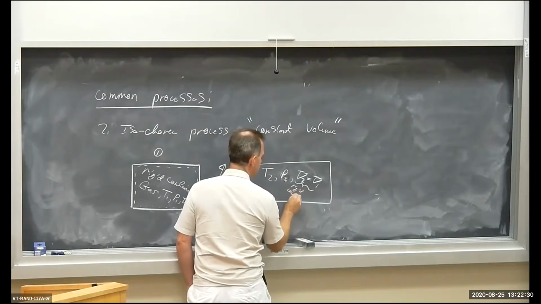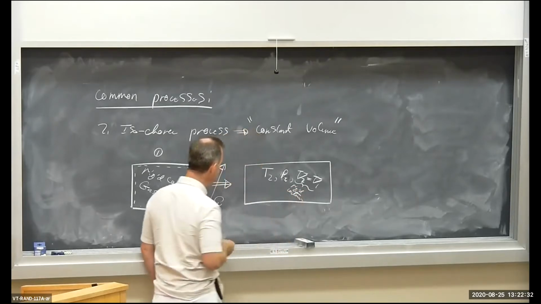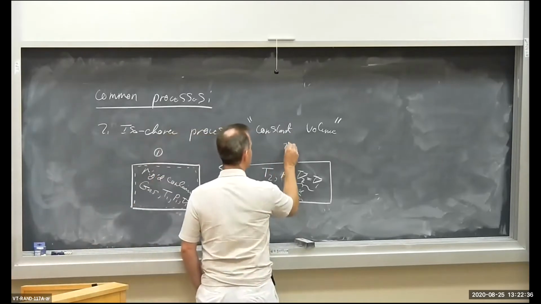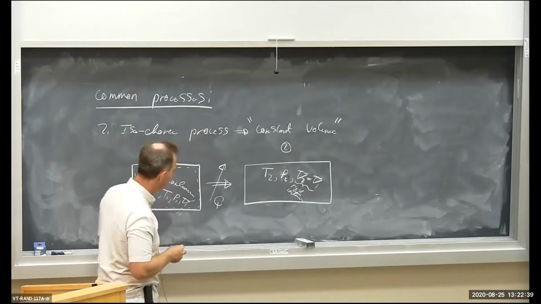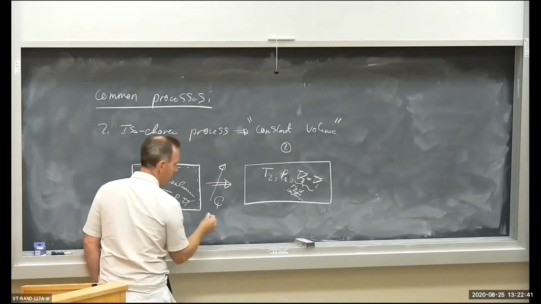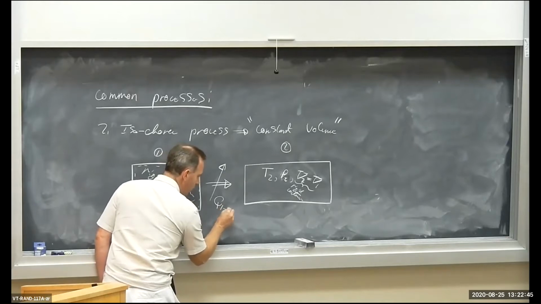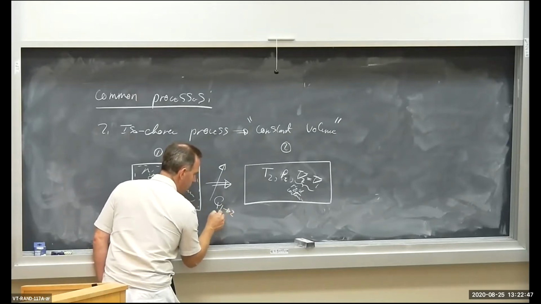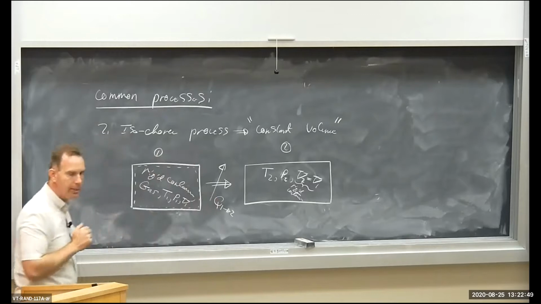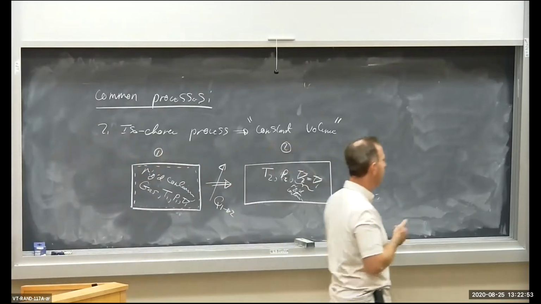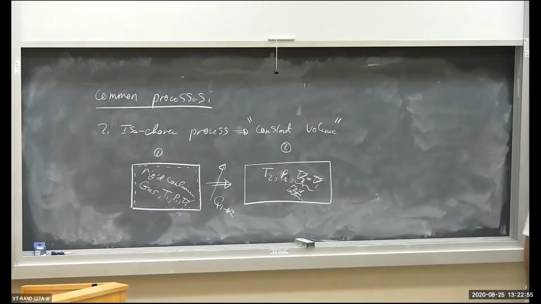So I'm adding some heat as I go from state 1 to state 2. I'm going to put a little subscript on here as well. Heat added from state 1 to state 2, 1 arrow 2, okay? So I'm adding heat, and the system is moving from state 1 to state 2 isochorically